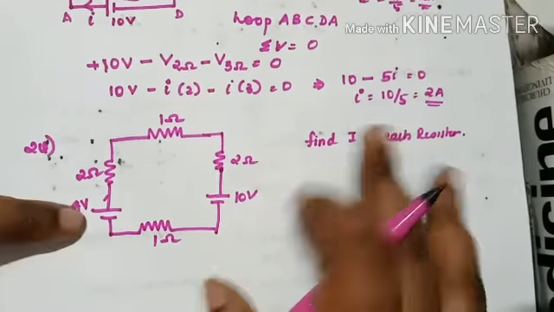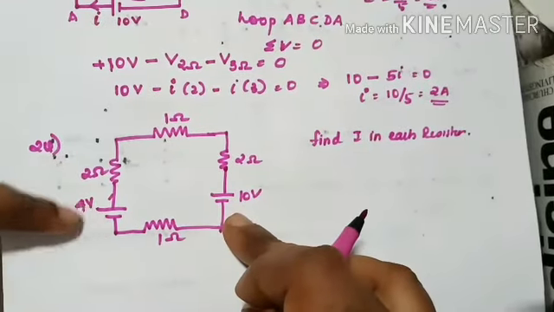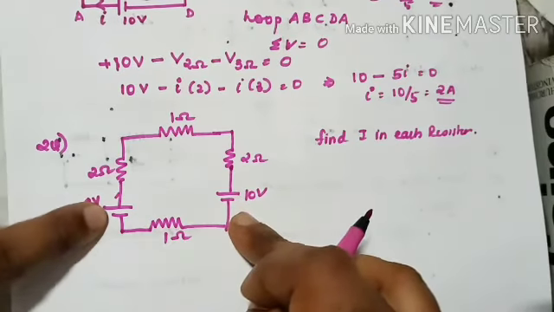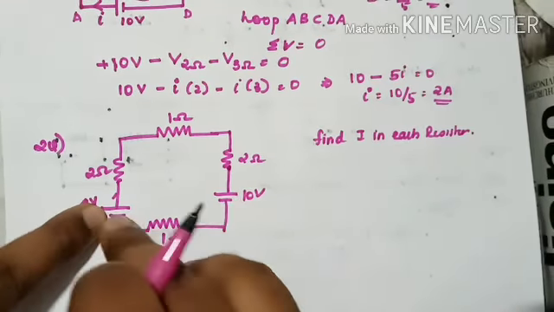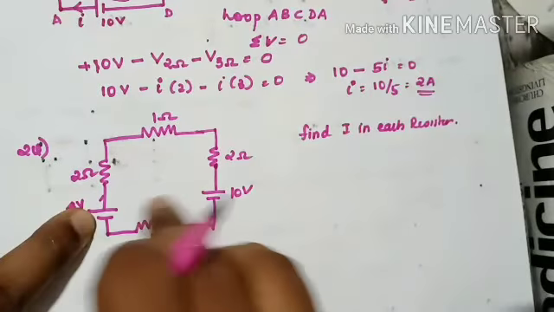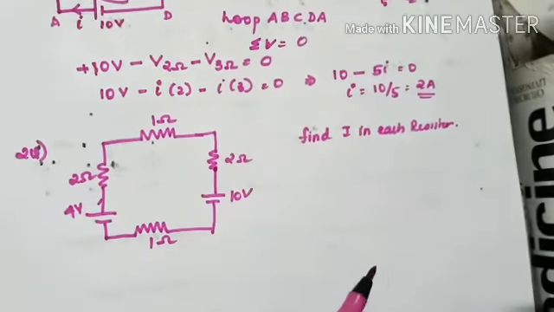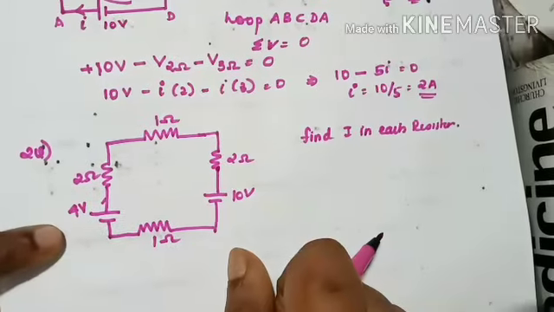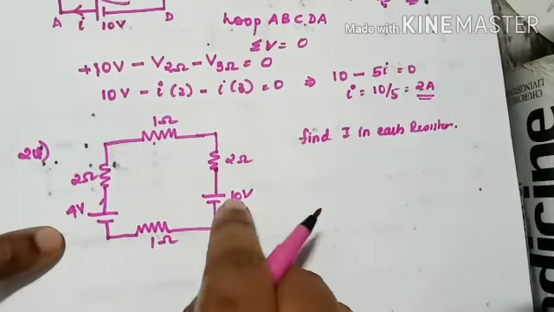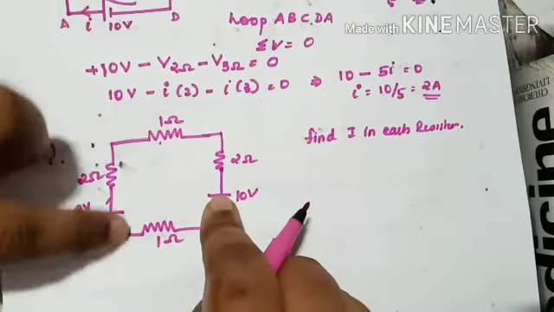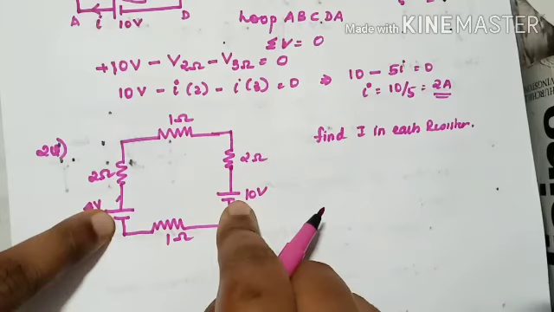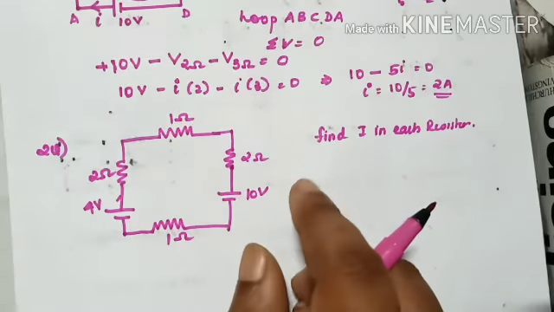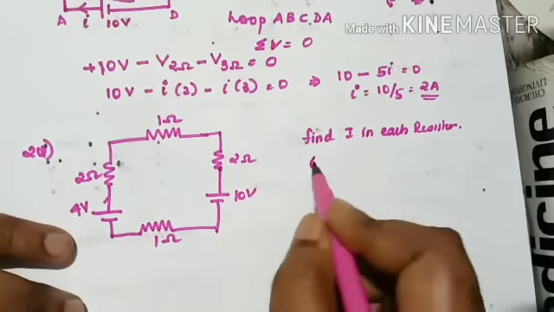What would you do? So these are 2 cells, right? The 2 supplies are connected in the same way, right? Like poles are coming in contact, means they will be repelling. So the net voltage will be 10 minus 4. This is positive, this is also positive. When you consider the circuit connection, positive has been connected to positive itself, so negation happens. So the voltage will be 6 volt.